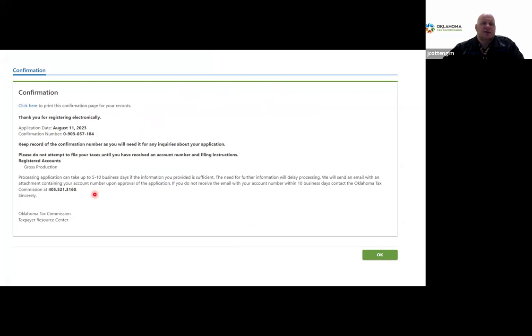And just a reminder that typically it's supposed to take 5 to 10 business days before we can get your application processed if the information is sufficient. If we need additional information, we'll reach out to you. If we haven't reached out to you or you haven't heard from us by 10 business days, please go ahead and contact us directly at this number,